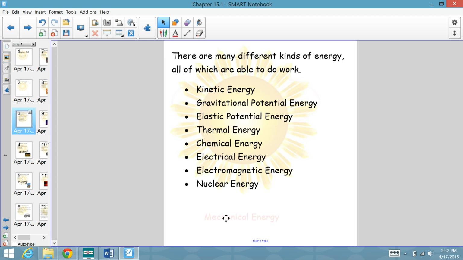Now, the first three are all considered mechanical energies, and this is because they have to do with the movement or position of objects relative to their surroundings. All of the other types of energies can fit into either kinetic or potential categories, depending on what causes them. But the mechanical energies and thermal, chemical, electrical, electromagnetic, and nuclear are what are considered the